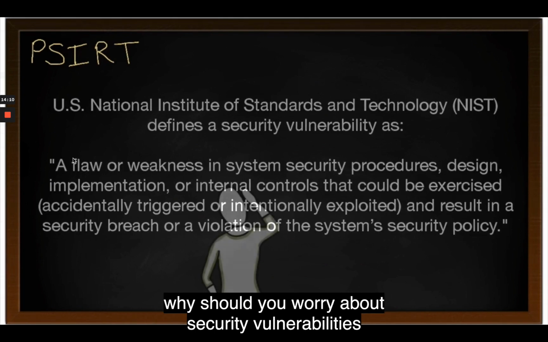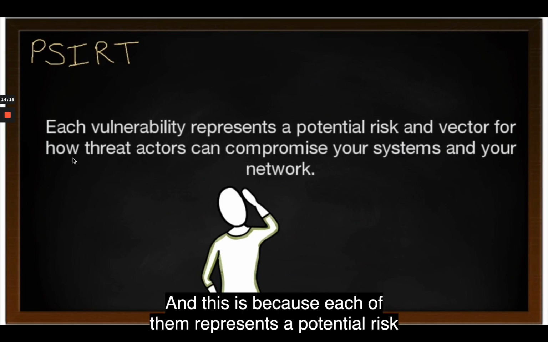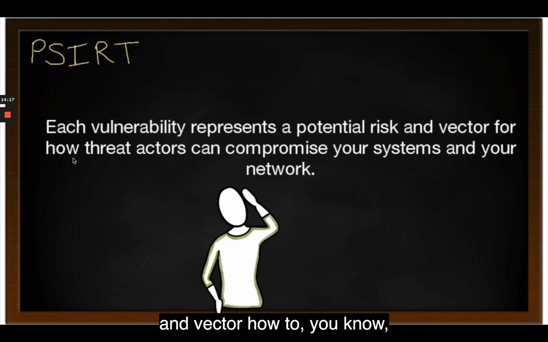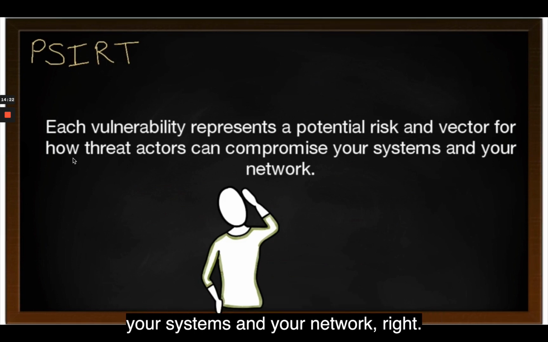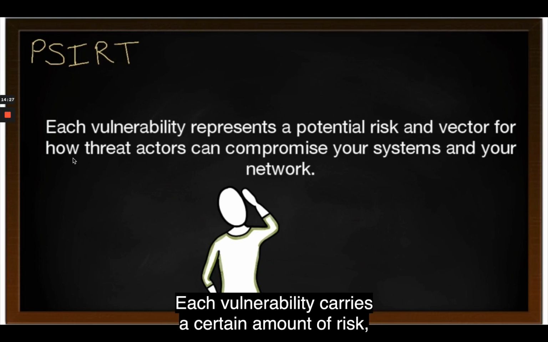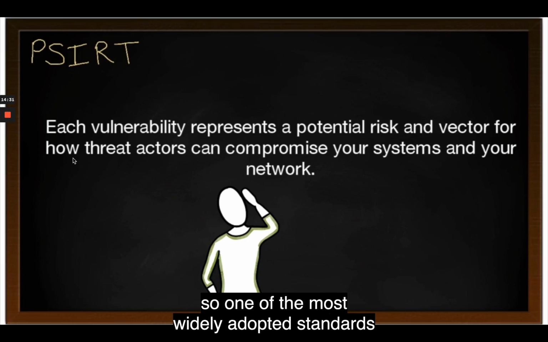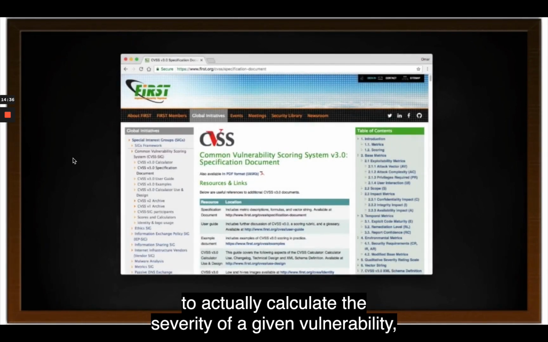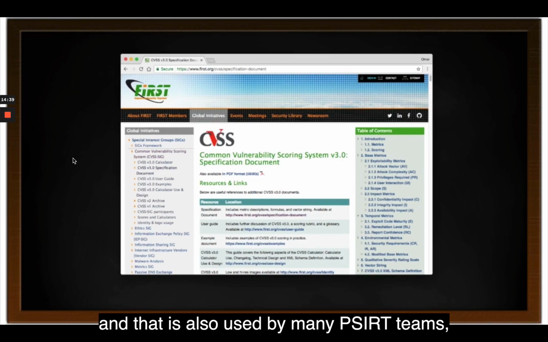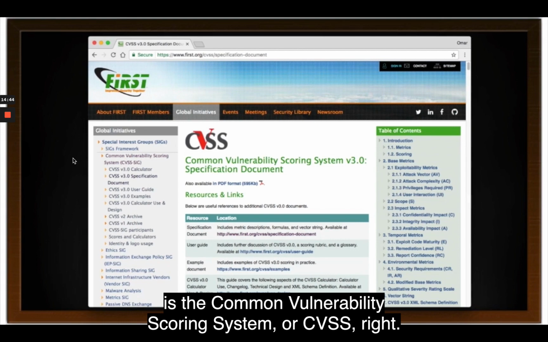Now, you may ask yourself, why should you worry about security vulnerabilities in products, right? This is because each of them represents a potential risk and a vector through which threat actors can compromise your systems and your network, right? Each vulnerability carries a certain amount of risk. One of the most widely adopted standards to calculate the severity of a given vulnerability, and that is also used by many PSIRT teams, is the Common Vulnerability Scoring System, or CVSS,